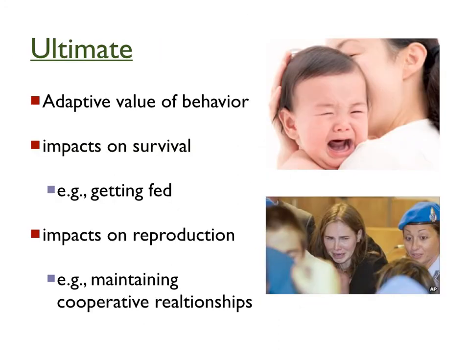That allows us to look more closely at this ultimate level of explanation, and this is the explanation that looks at the adaptive value of the behavior. Does it increase survival and reproductive success? So we can look at impacts on both of these. Impacts on survival could be things like getting fed as an infant. Infants that cry more get more attention, and generally the more attention you have, the more likely you would be to survive. Impacts on reproduction might occur later in life, but if you think about when people cry as adults,